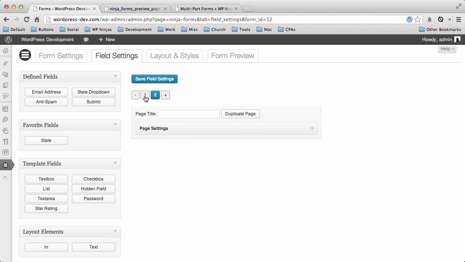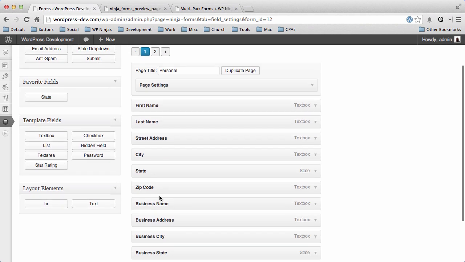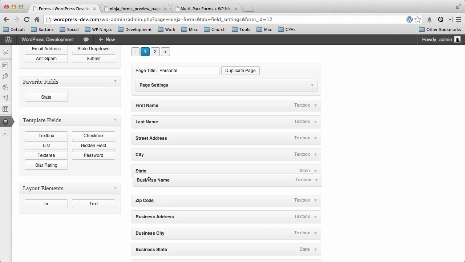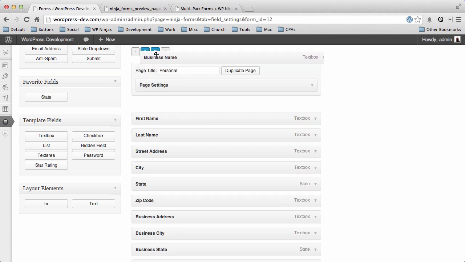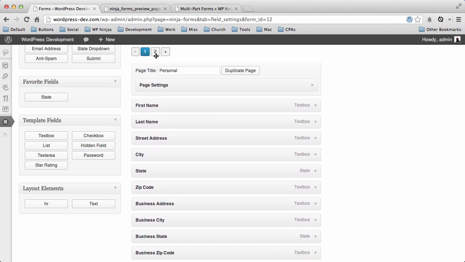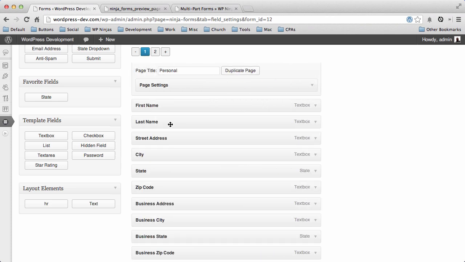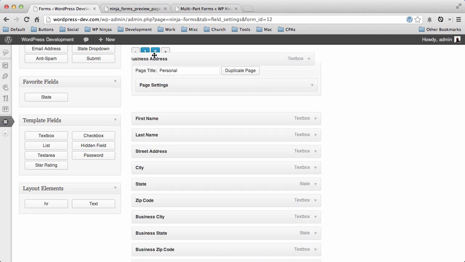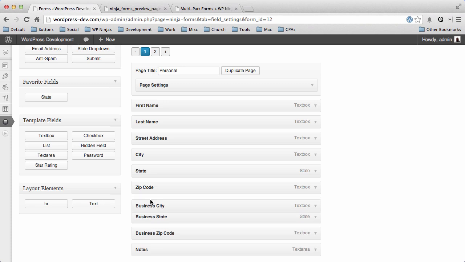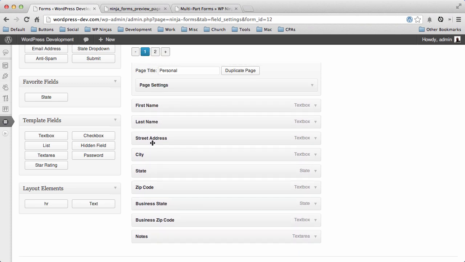I can then come over and grab the business name, and all I need to do to move these fields over to this other page is drag it up and hover it over the tab. See, it starts to highlight. Hover it over, and just let go. You'll see that it moves away, and if I come back over, there it is. It's that easy. Now I can bring this up and it'll disappear and drop over there. Let's do business state